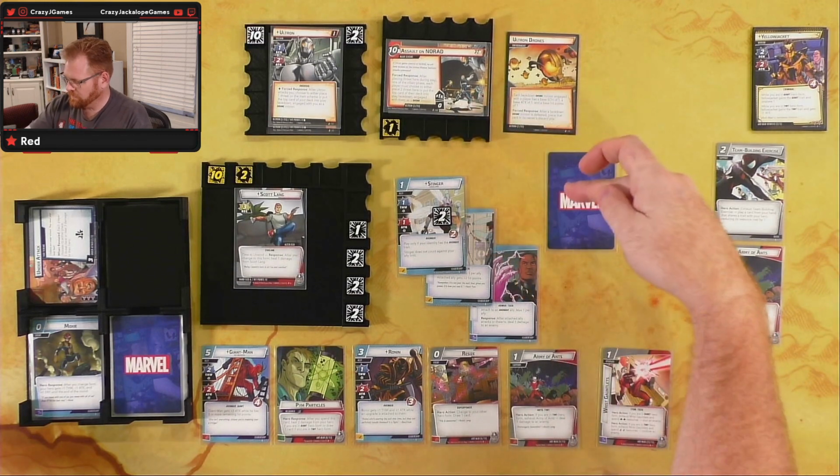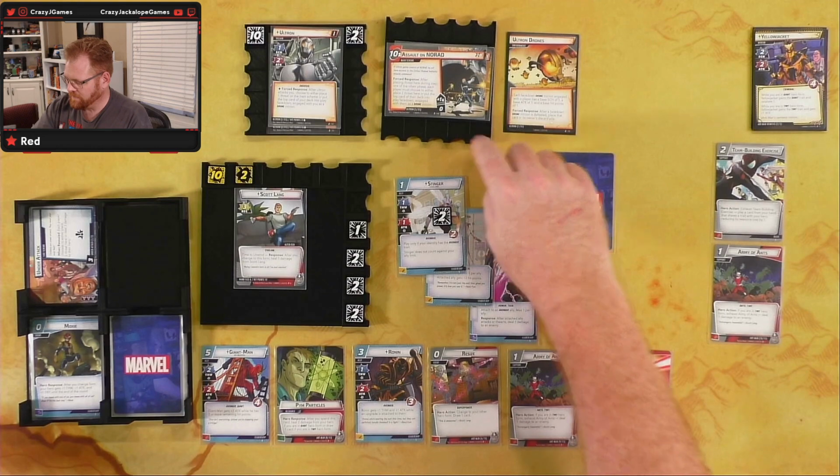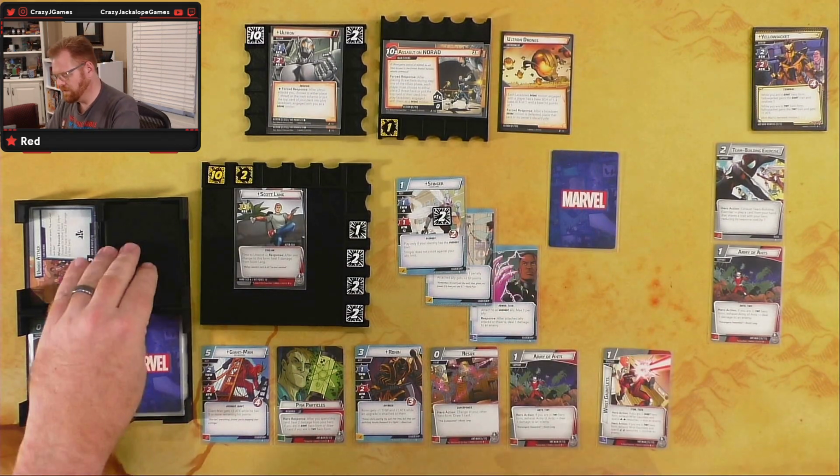All right, so next up is this drone is going to scheme, so that's going to bump it up. So this comes into play, then this drone is going to scheme, that's going to put it at 1. All right. Then we need an encounter card. Encounter card is